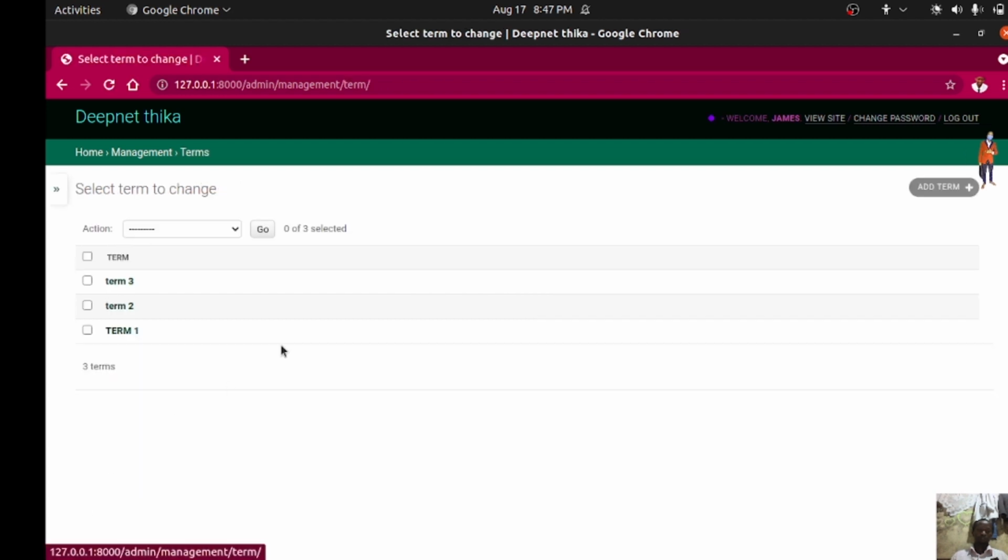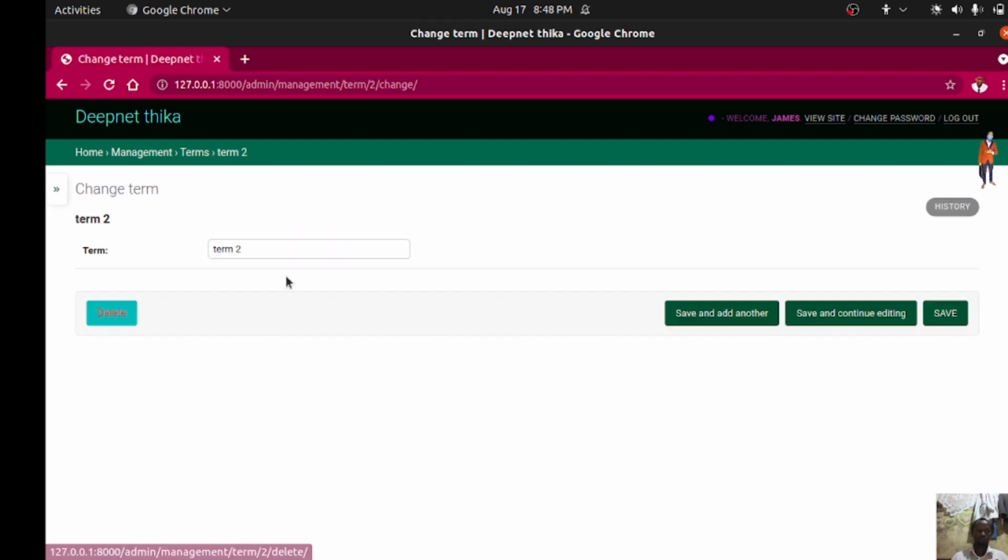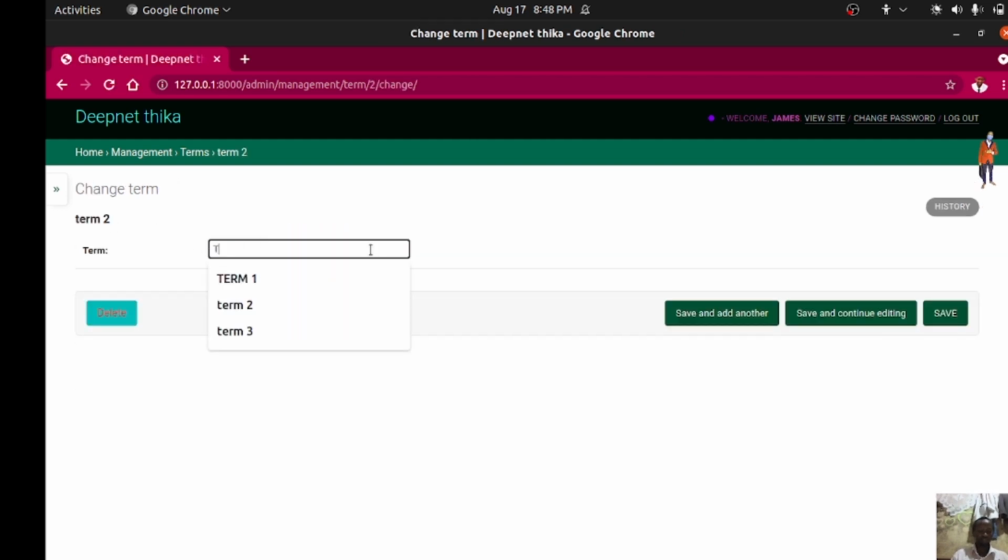So that's how you deal with this one. Also terms, you can see we have term 1 to term 2 to term 3, and you can edit them. As you can see, this one is lowercase and this one is uppercase. We can decide that we want them to be uppercase. We just click that, and you just